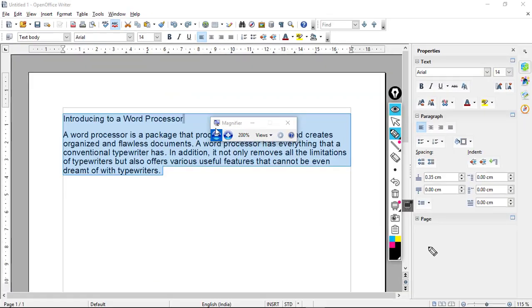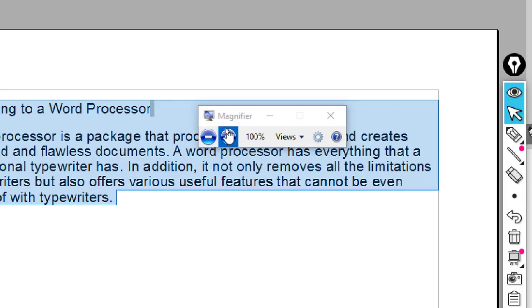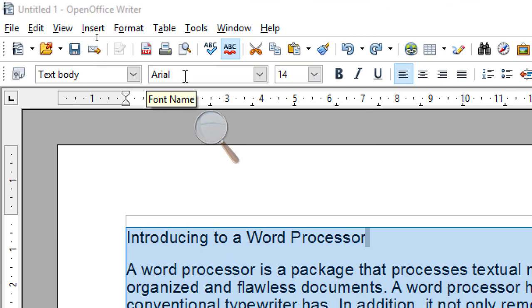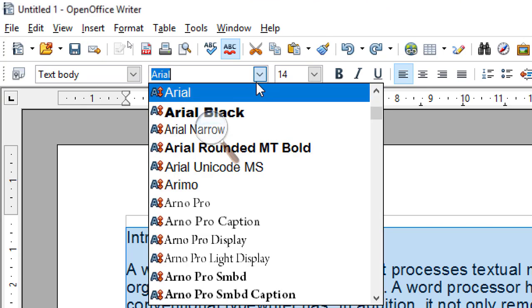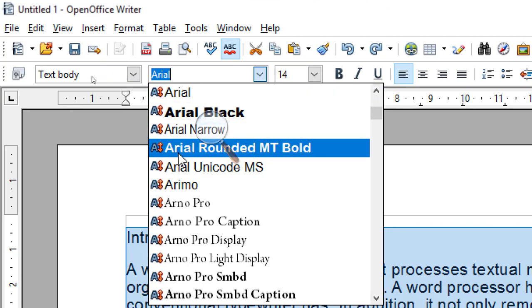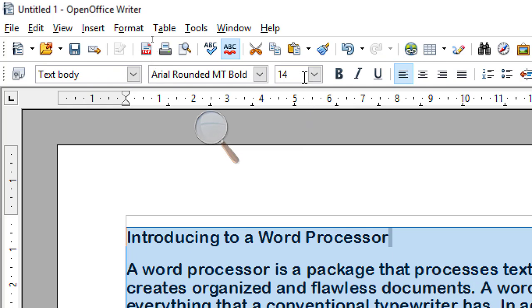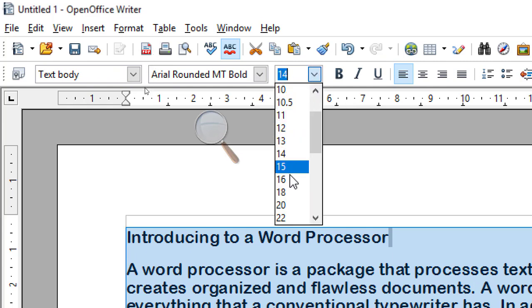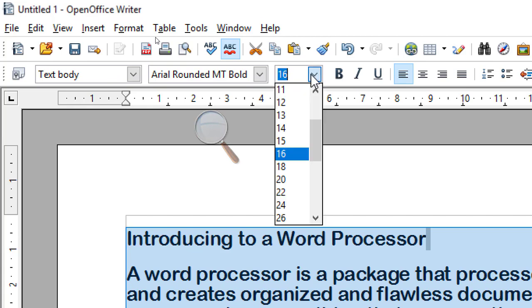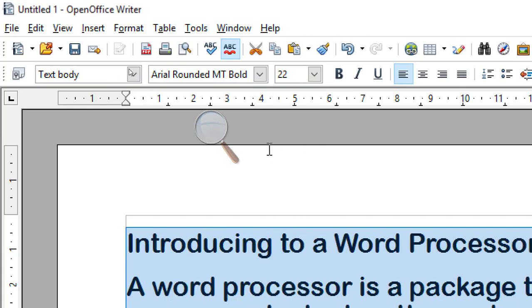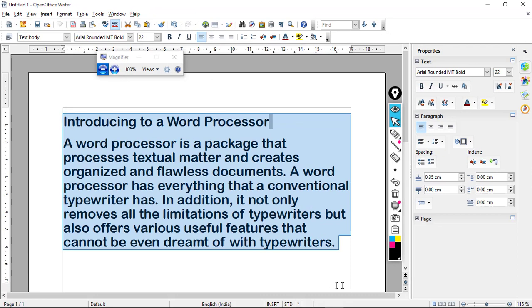So here in this toolbar I have some options, like over this side we have this font name. So let me select this Arial Rounded MT Bold, and then this size option. So let me select the size as 16, or let's make it bigger, like 24, let's say. Fine. So now I hope it's fine and visible to all properly.